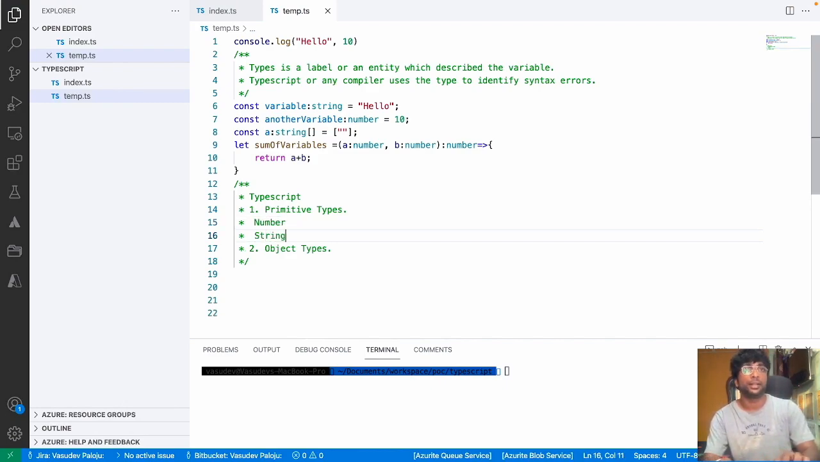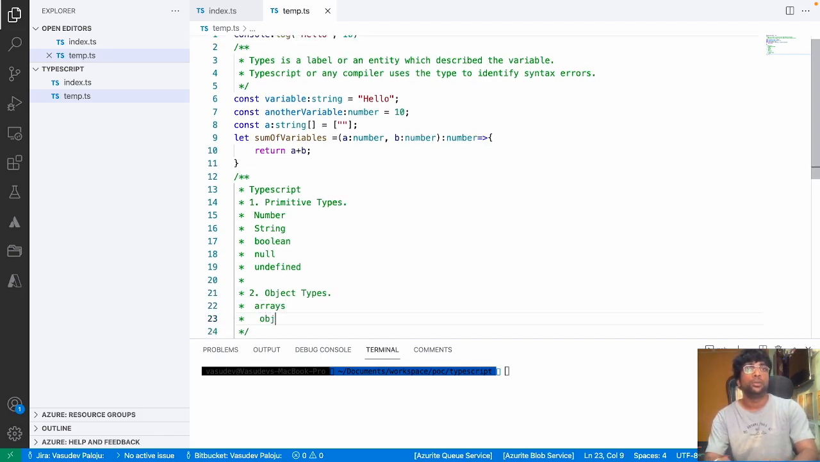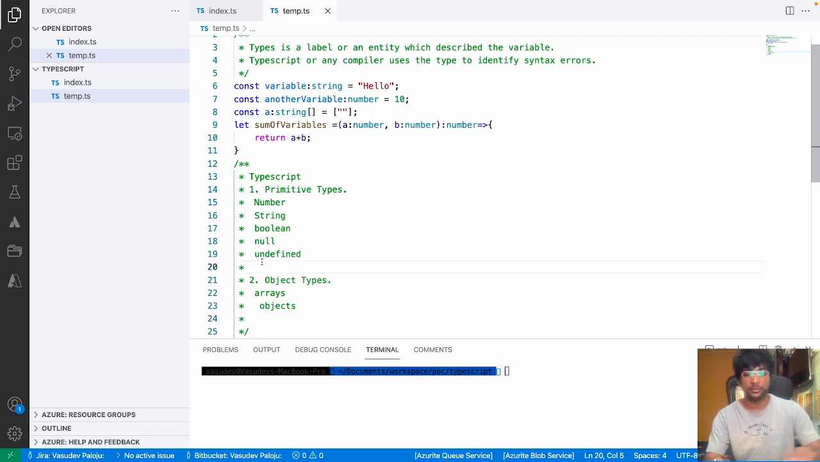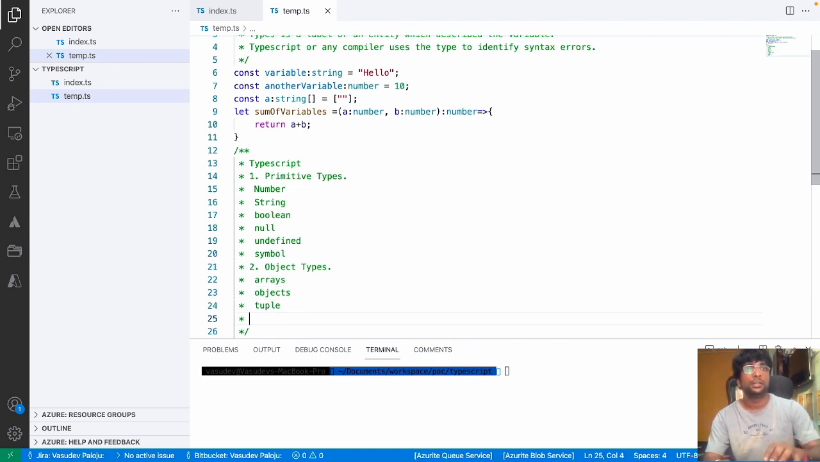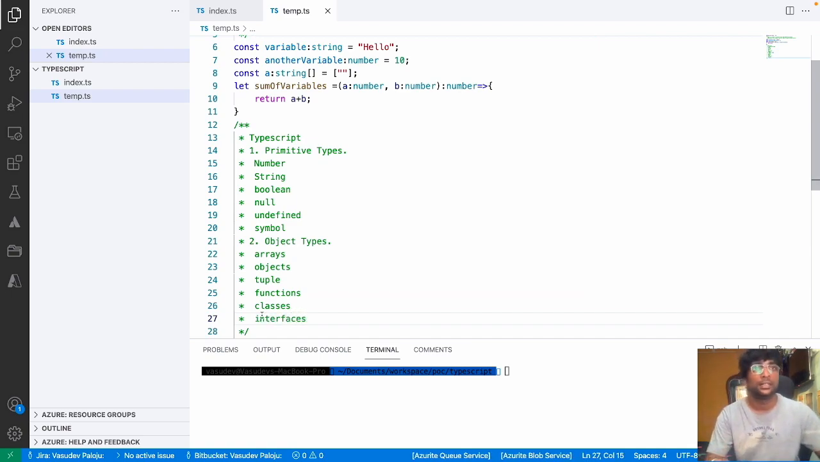Number, then string, then null, then undefined, and then arrays. Sorry, arrays is not inside primitive. Then we missed one thing, boolean. So boolean, null, undefined, and similarly, under object types we have arrays, objects. In the primitive types we have one more type called symbol, and in objects: arrays, tuple, functions,